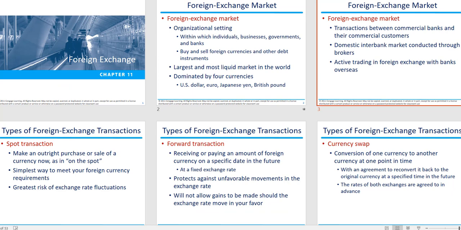The foreign exchange market is primarily dominated by the big banks, with transactions among the commercial banks and their commercial customers. Whereas the average Joe, when he wants to, for example, go on vacation in Mexico and needs some Mexican pesos, uses his bank as an intermediary, which in turn, depending on the size of the bank, either deals with another bank or goes directly to the foreign exchange market. So typically you see lower prices at the big banks for foreign exchange and higher prices at the smaller banks because of the number of intermediaries they use.